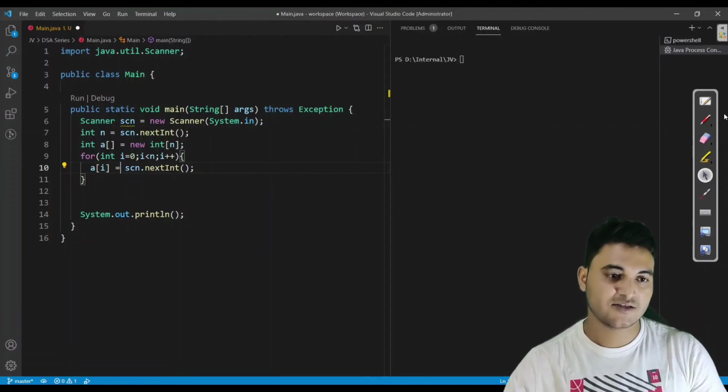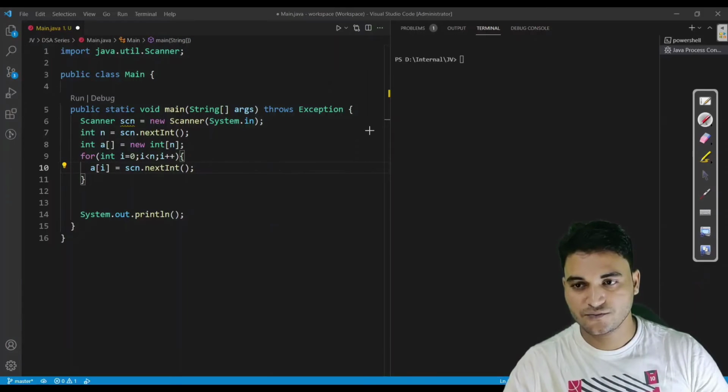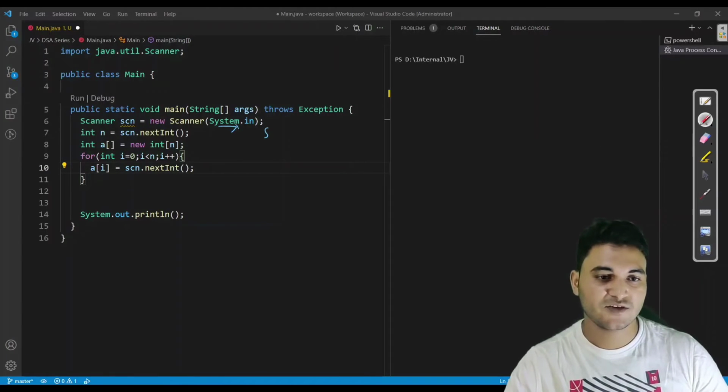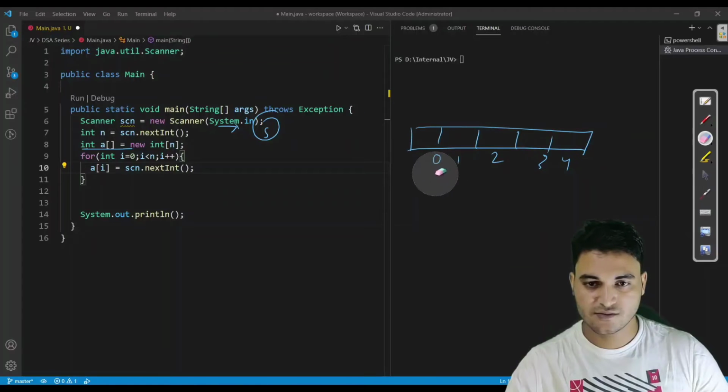Let us say, if it is confusing to you, let us say we have provided n as 5, and here we have declared the array of 5 size, with indexes 0 1 2 3 4. So this is the 0th index, which would be here.